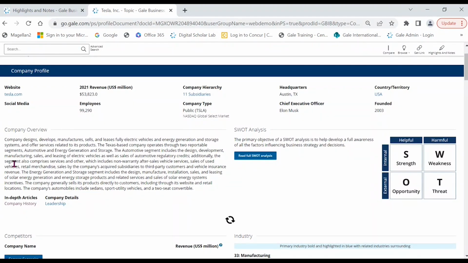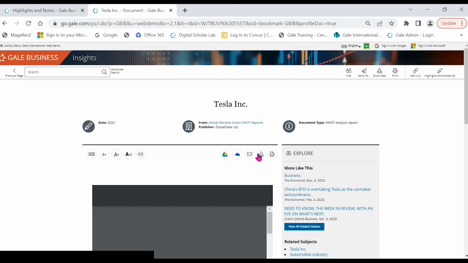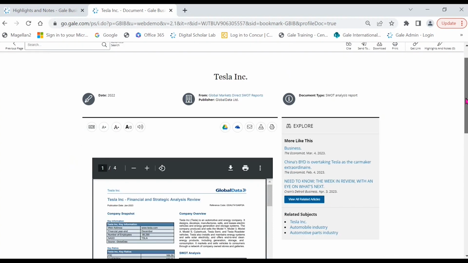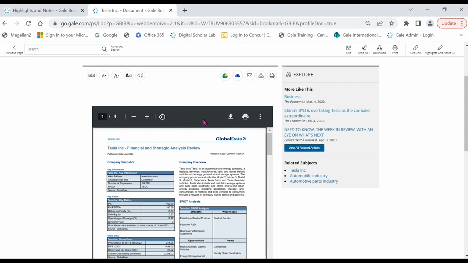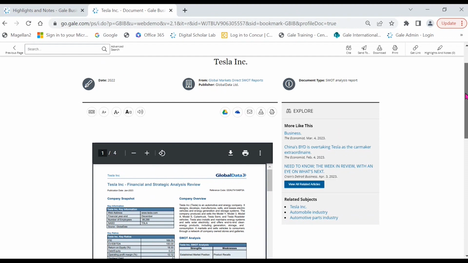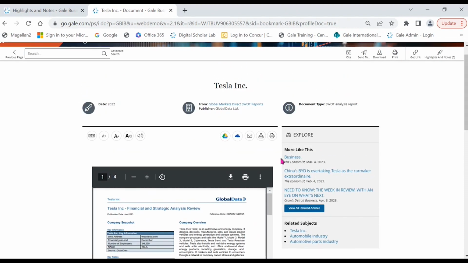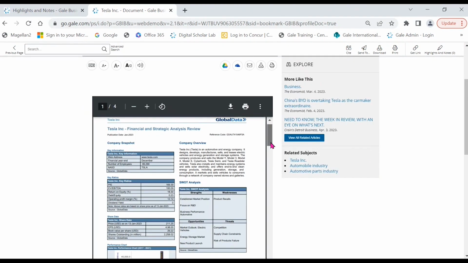So that's taking it from the company overview. It opens out a full company profile and helps me understand what this company is all about and what they do. You've got full SWOT analysis. So those of you who are interested in financial information and you need to build that, here you have full SWOT analysis. So maybe you need to know how to create one of these. This gives you that. And you notice this page looks exactly the same as the article because they all look very similar. But here you have full SWOT data